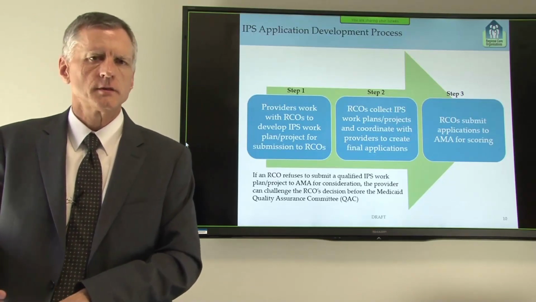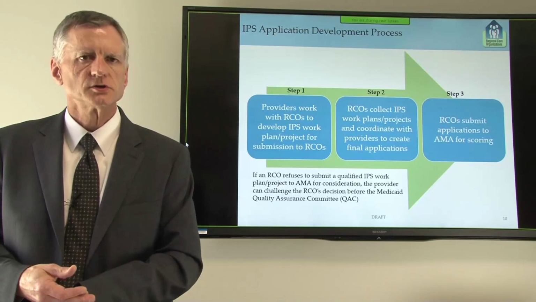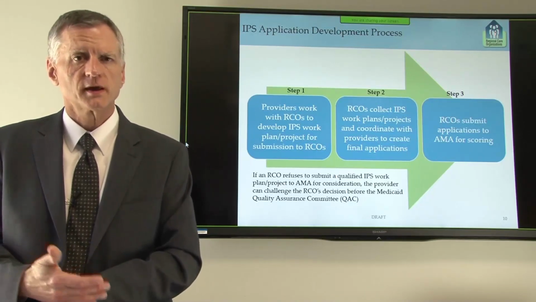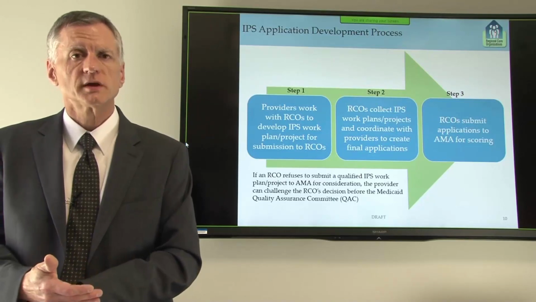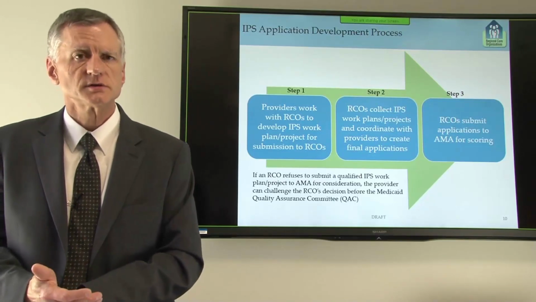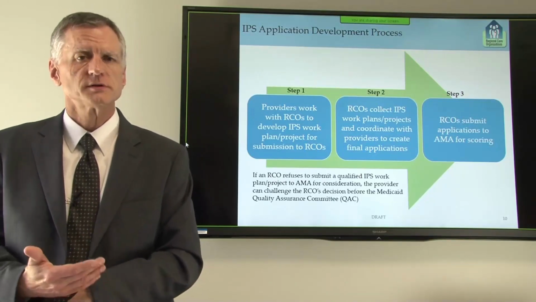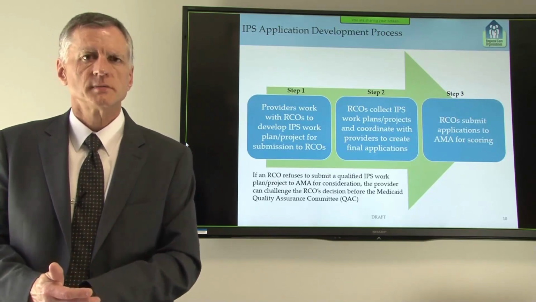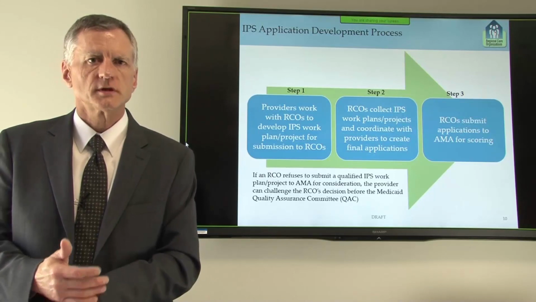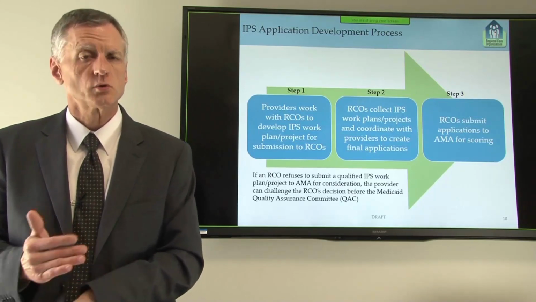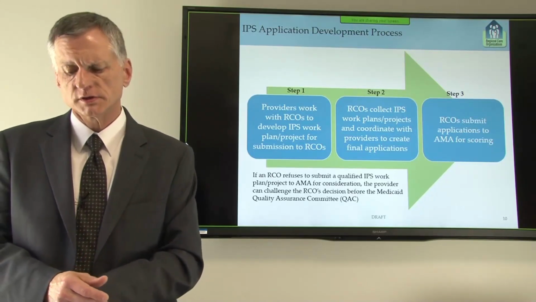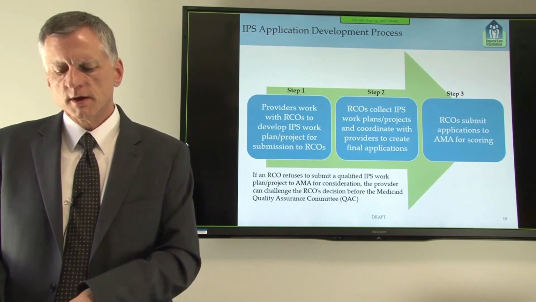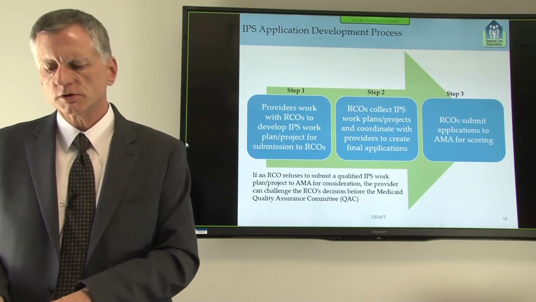Part of the state law that established the regional care organizations included a requirement for Medicaid to set up a statewide quality assurance committee. That committee is in existence and has been functioning very robustly since about October of 2013 and has met many times and developed various quality metrics that we'll be using to measure the success of the program. But that would be the group that would consider if you wanted to challenge the RCO's decision.